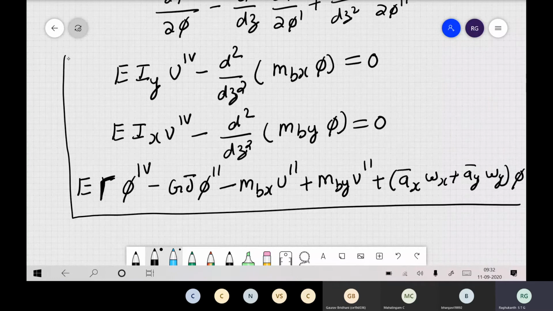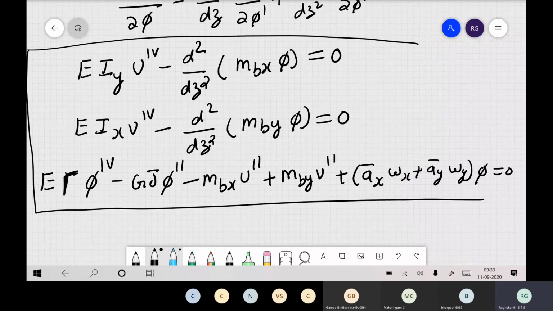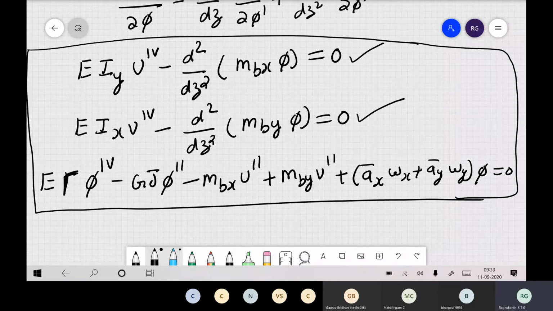Okay, so you can comment now what type of equations these are. Previously also we have solved coupled equations, in terms of what and what? See the first equation, what is it? Bending in X and torsion. Now this is bending in the other direction and torsion. The last one, you remember, right? Last class we already derived more or less the same thing for Px, Py, phi. So here also you will get more or less the same kind of thing. So these equations are something like a more generalized case.